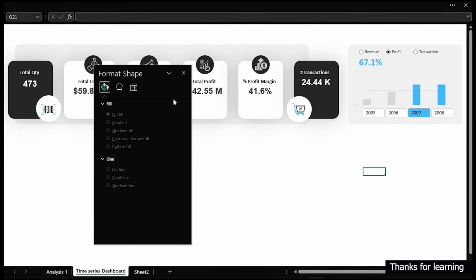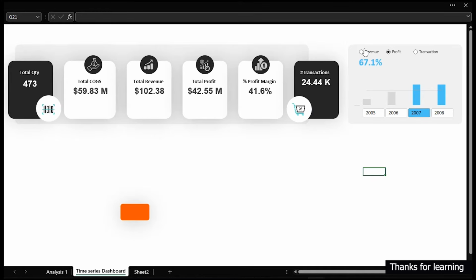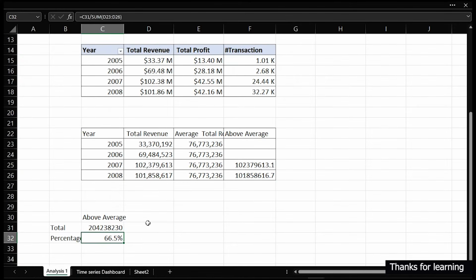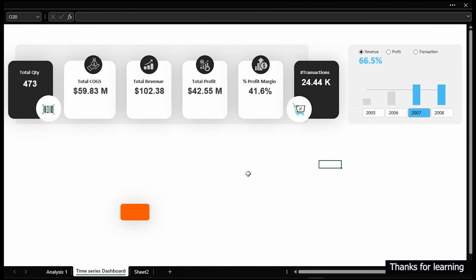Okay, so we need to write a caption, and this caption should be dynamic, so every single time we make a change, we see exactly what we have right here. So how can we do that? I'm going to put this one up a little bit. Let's go back to the back end here. And now over here, I'm going to type in caption. Let me quickly give you the idea of what we're about to do. As you can see, we actually have this particular percentage here. So what we want to do is to say 66% of revenue